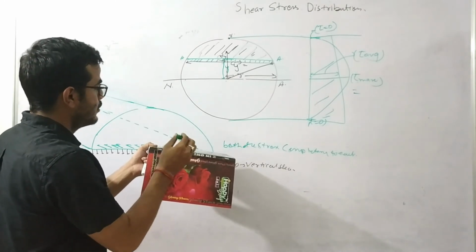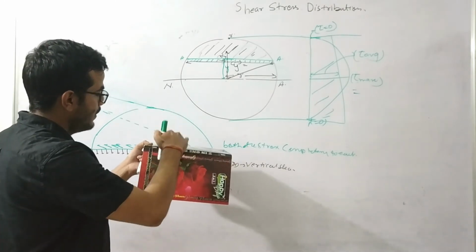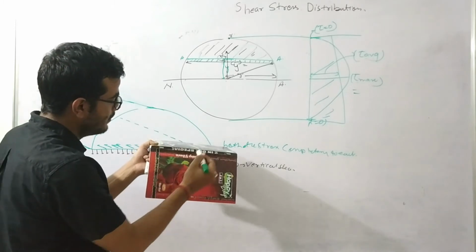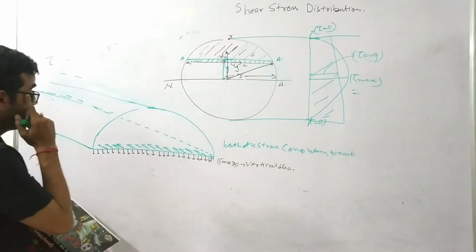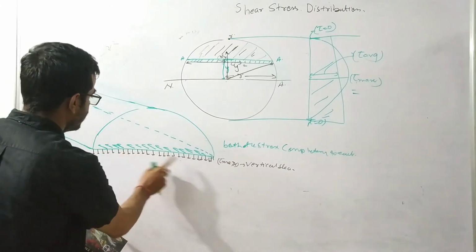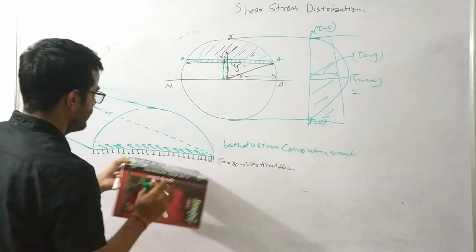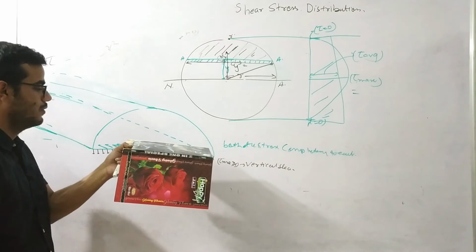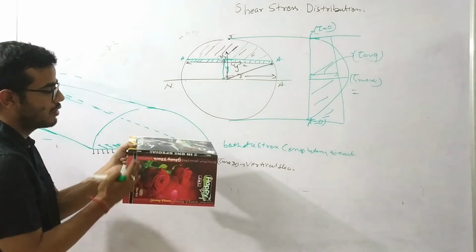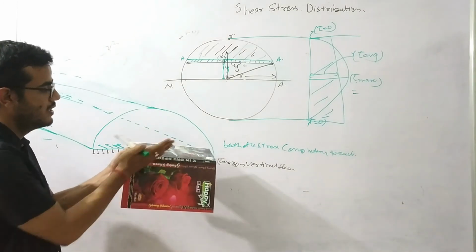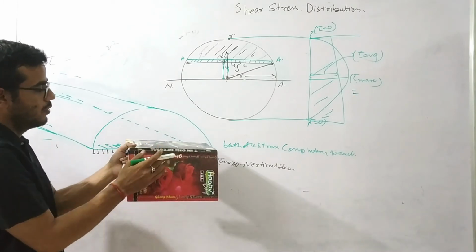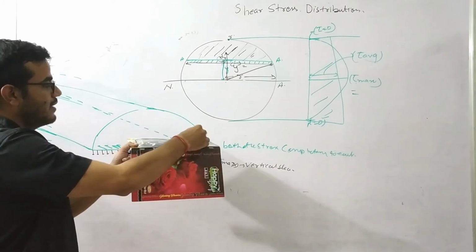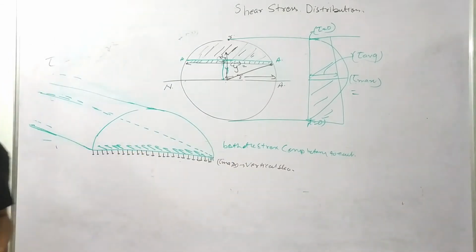This is due to the variation in bending moment, and the complementary of which results in vertical shear, which we have already studied. So this is the shear stress distribution at this vertical cross section. This figure is looking like this. This is the vertical shear. Imagine this is a circular cross section, and this is in the plane of the board, in this direction.